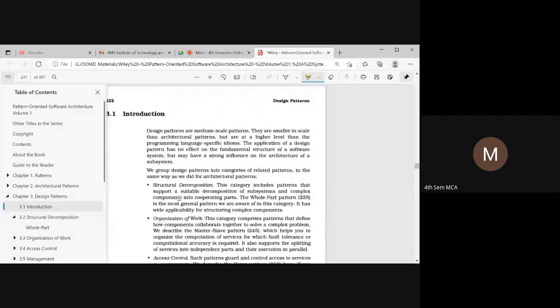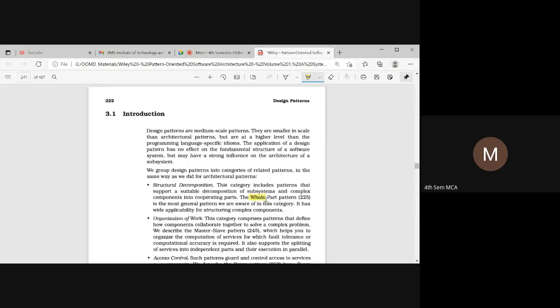In structural decomposition, we are identifying the system which is decomposed into different parts, the cooperating parts, and we call them parts. Under this structural decomposition we have a pattern called the whole-part pattern.